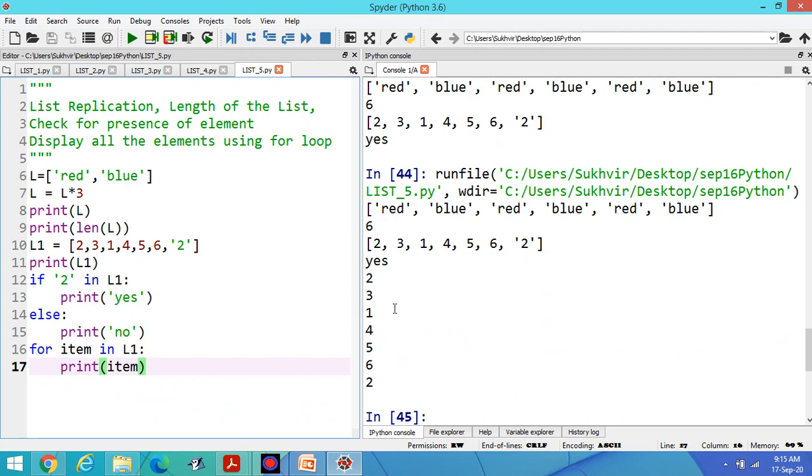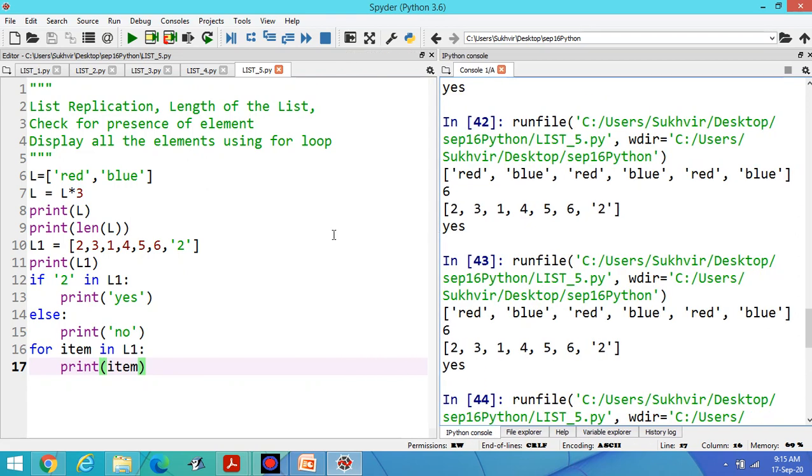Look at the output, you can print all the elements. This one is the printing of all the elements as per the required content. This one is the display of all the elements using for loop. Hope you understand the content.